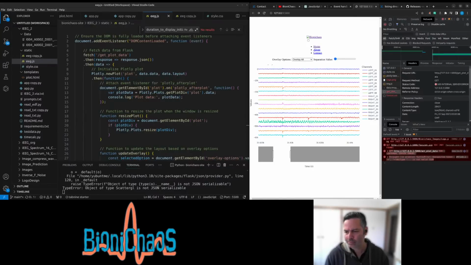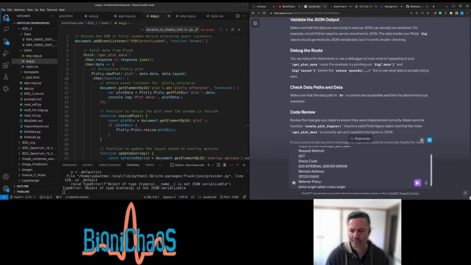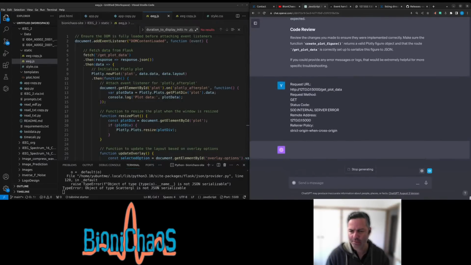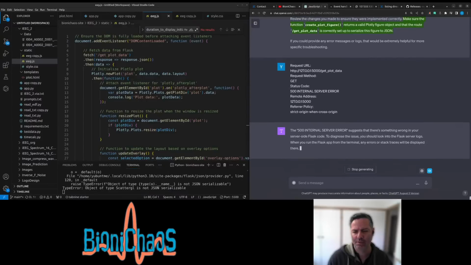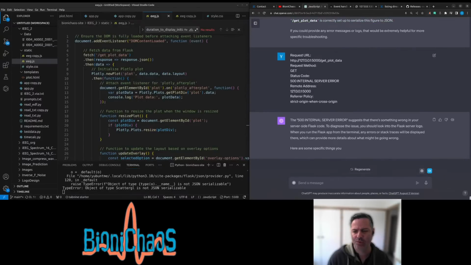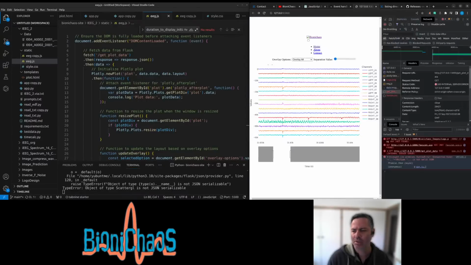For example, try printing out fig.data and fig.layout before the return jsonify line to see what data is actually being sent. Make sure that the data path in fn is correct and accessible and that the data format is as expected. Review the changes you made to ensure they were implemented correctly. Make sure the function create_plot_figure returns a valid Plotly figure object and that the route get_plot_data is correctly set up to serialize this figure to JSON. If you could provide any error messages or logs, that would be extremely helpful for more specific troubleshooting.